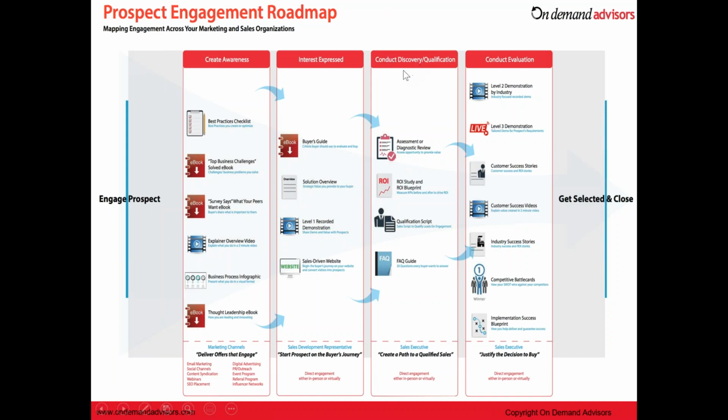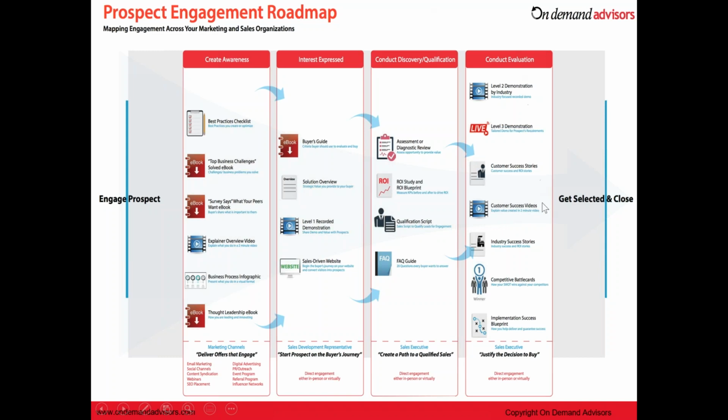Let's come over here to the next area, conducting discovery and qualification. We've got something over here called ROI blueprinting. ROI blueprinting is really how do you create the ROI that your prospects are looking for? How do you determine how to create that ROI story when you're implementing your services or solutions with your clients today? So this ROI blueprinting process allows you to create the outcomes that are important for your customers, but also the validation points that are important for your prospects.